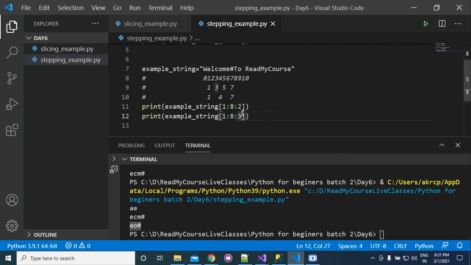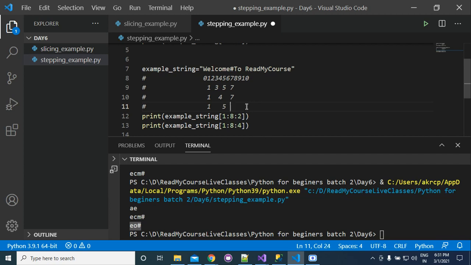Next, you can also write like this. You can pass here 4, and in this case what will be the result? The first value will be 1, and then the next value will be, sorry, not 8, the next value will be 5, 1 plus 4.